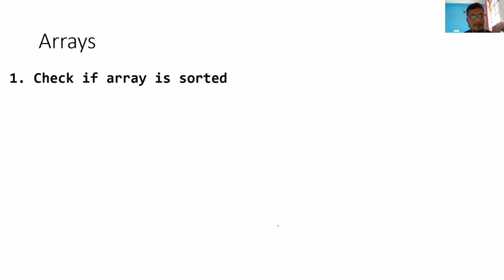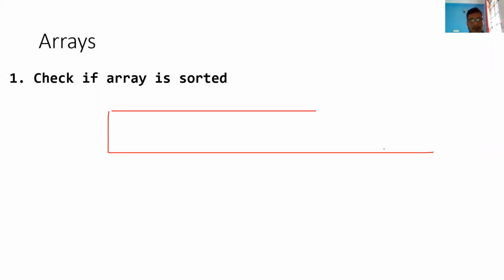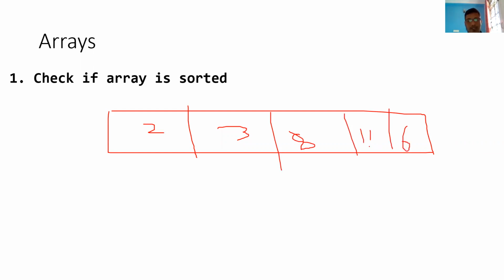Moving next, the interviewer may ask you to check if an array is sorted or not. For example, given an array like 3, 8, 11 and 6, they ask whether this array is sorted.